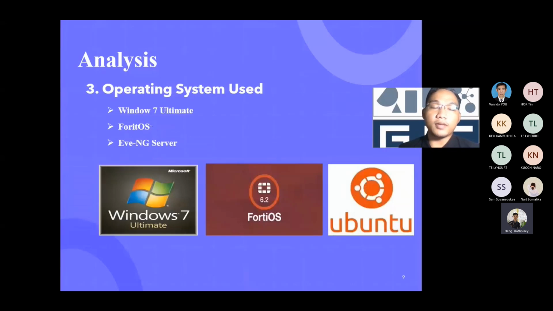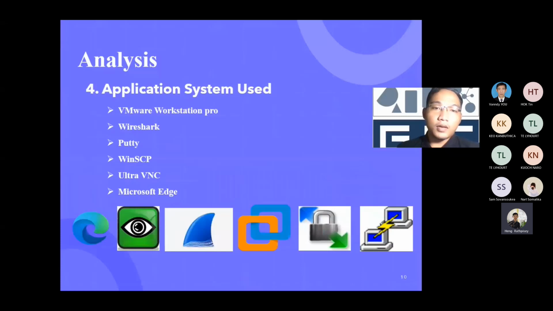For the third one, it is about the operating systems that we use. I use Windows 7 Ultimate for the client, FortiGate OS for the firewall, and EVE-NG server for the working lab environment that uses Ubuntu server Linux. For the application system, I use the workstation as the host for the EVE and for the Wireshark